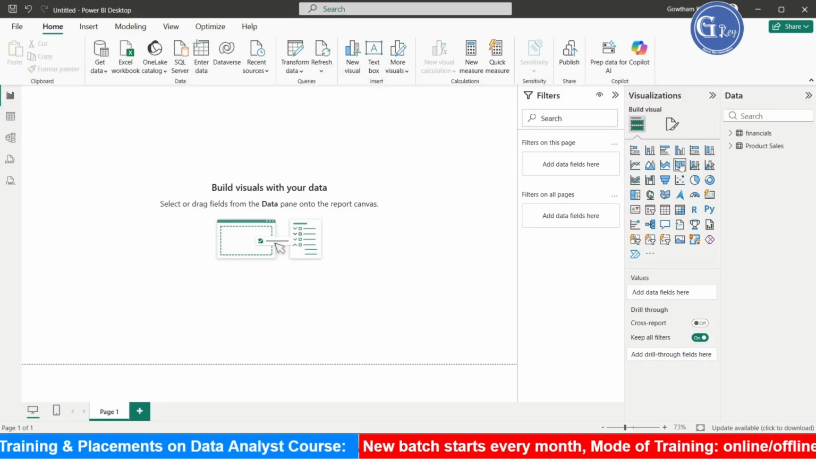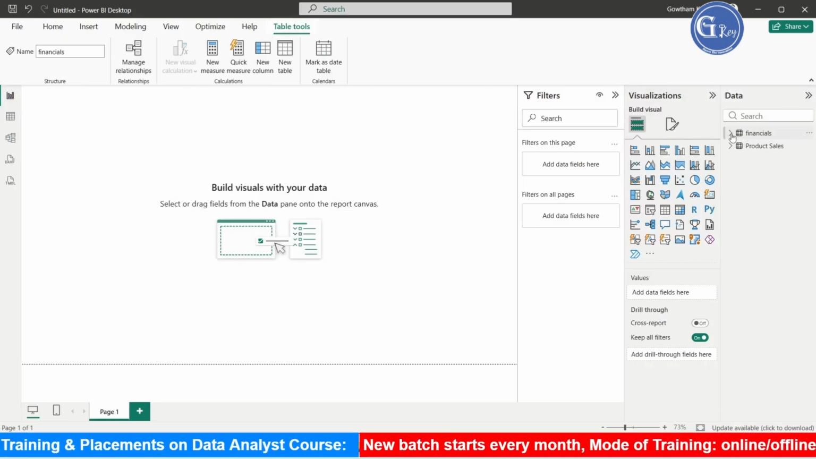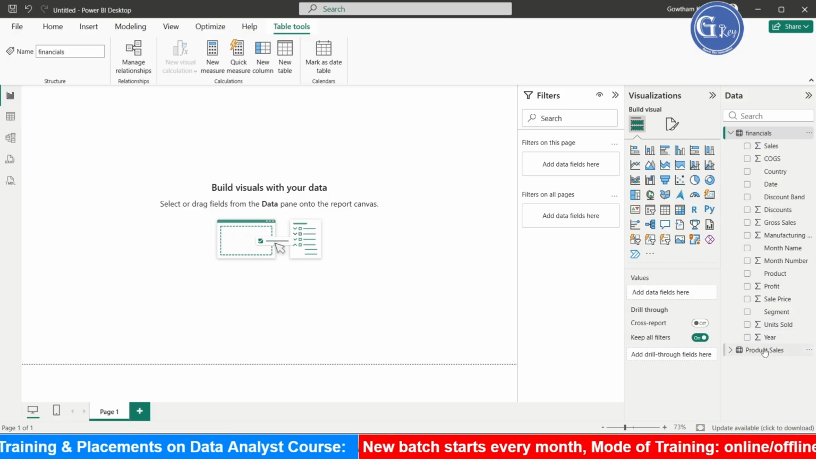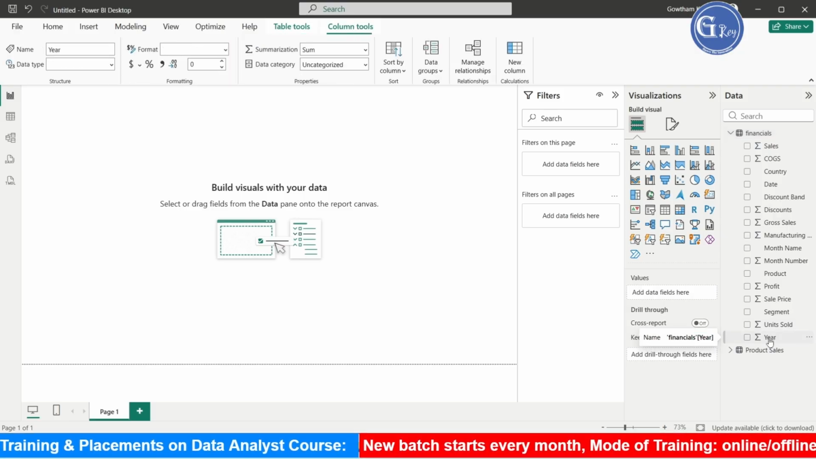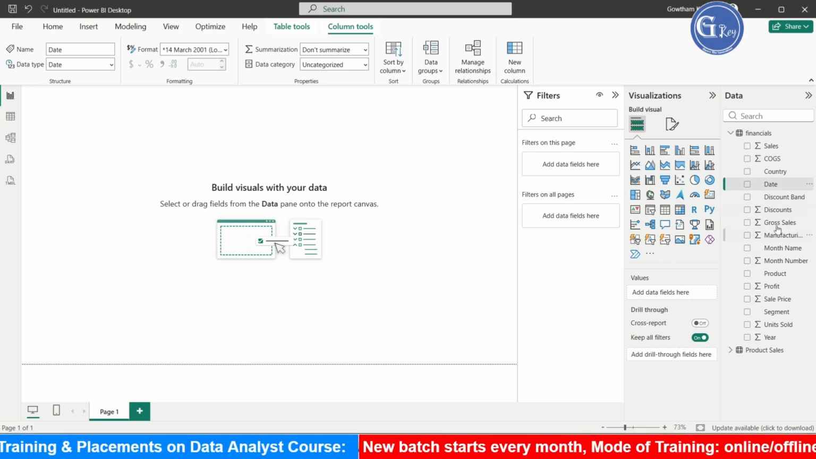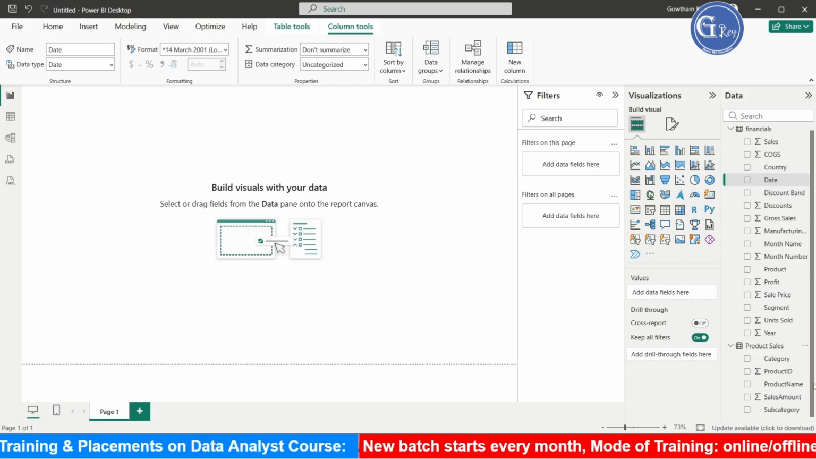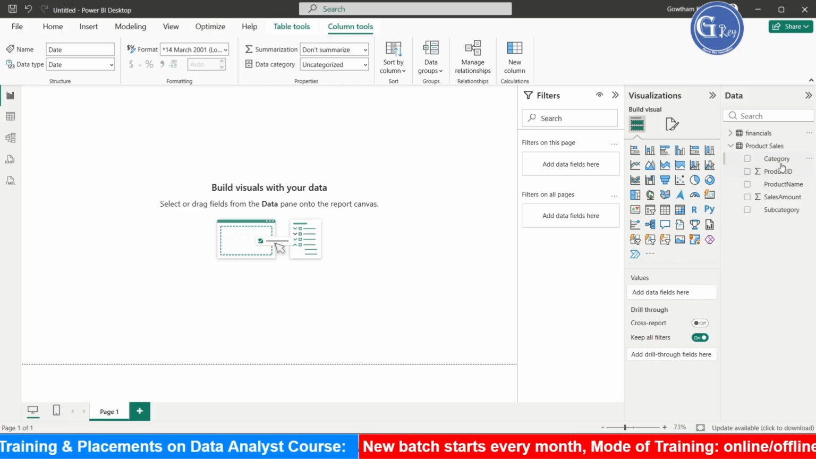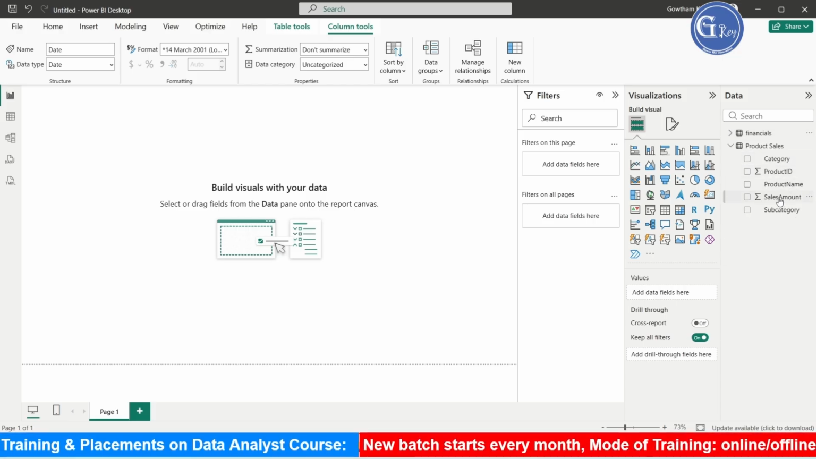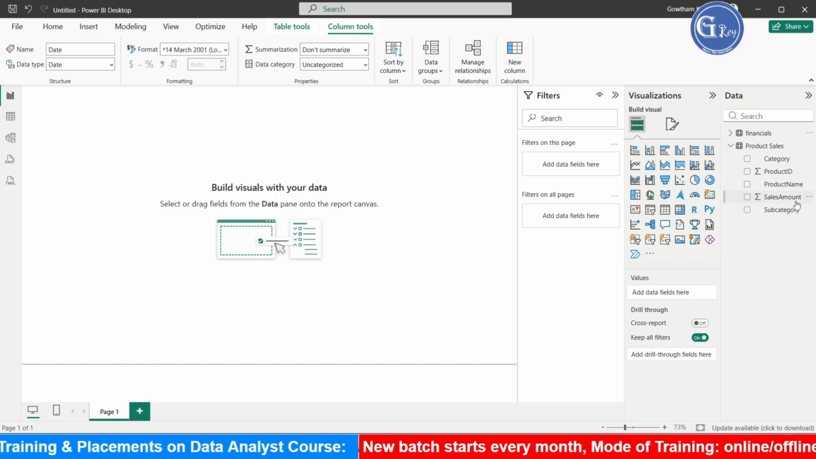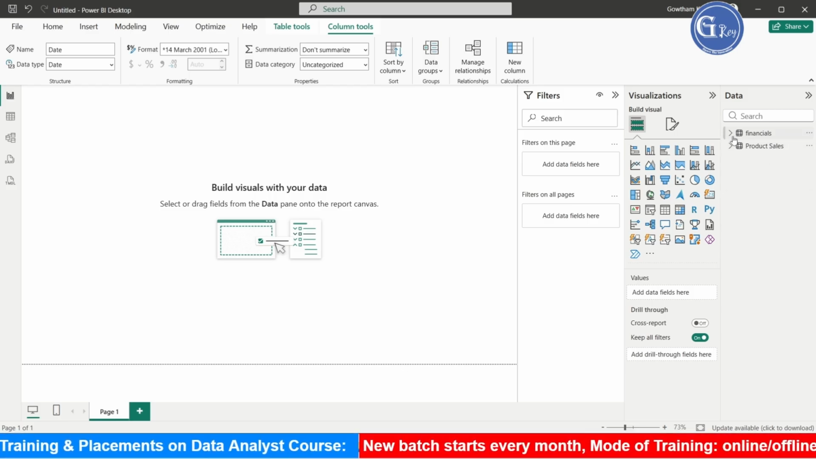I'm in Power BI Desktop. I have loaded two Excel files. One is financials, which has individual fields like year, month and date. Here quarter is missing, which we can create as well. In product sales, this is another sheet that I have taken, we have category, product name, subcategory and sales amount. First we'll see how to create